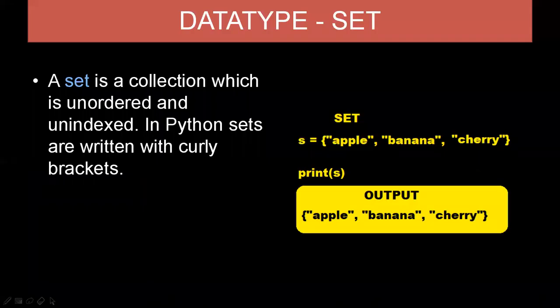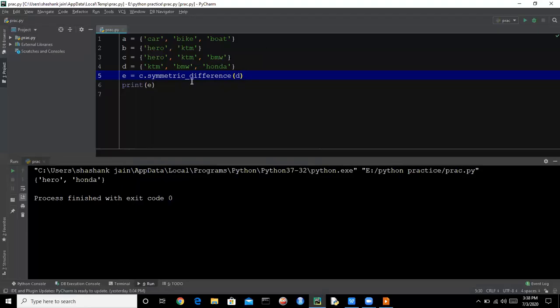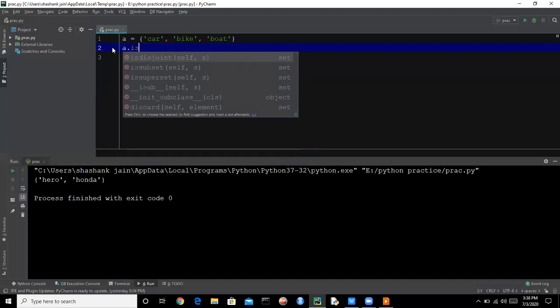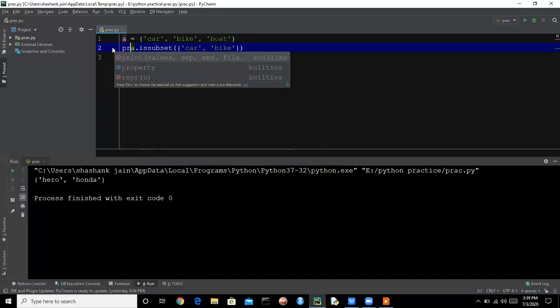So the next is subset function. So is subset function is used to check the subset of a set. So if we have car and bike, so if we find A dot is subset of car and bike, so let's see what will be the output.